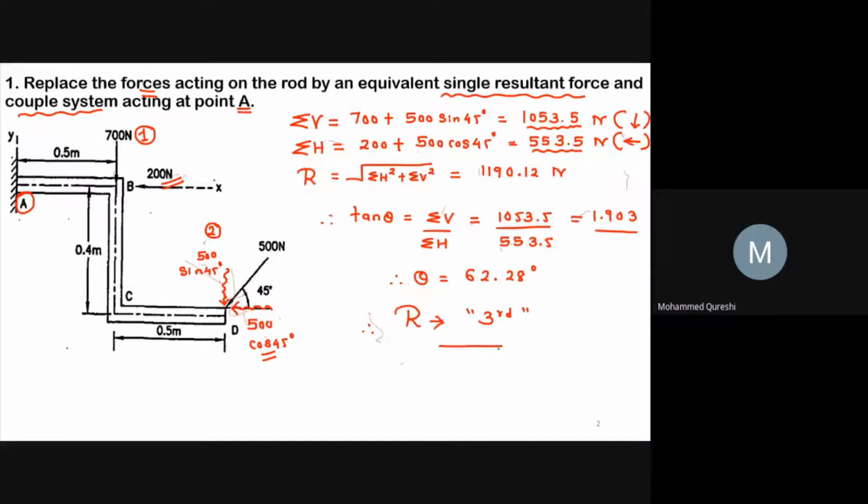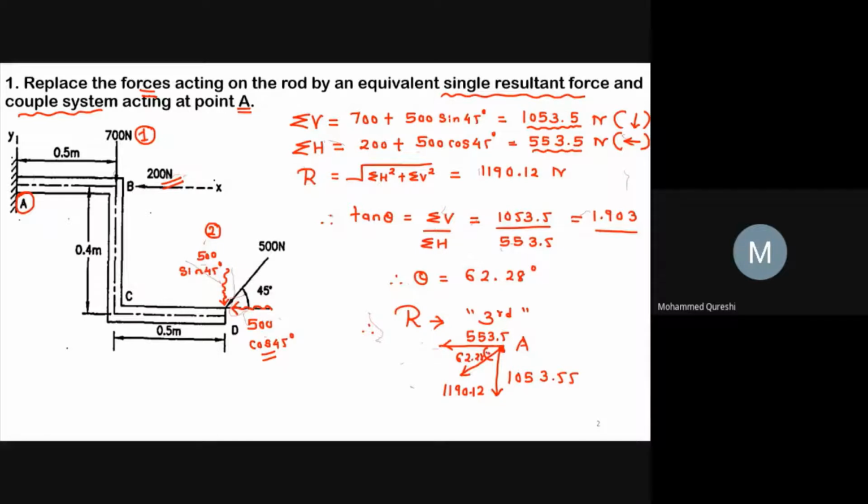So here the value of sigma V as 1053.55, and here your value of sigma H as 553.5, and this is your point A, and you had calculated the value of capital R as 1190.12 with respect to theta